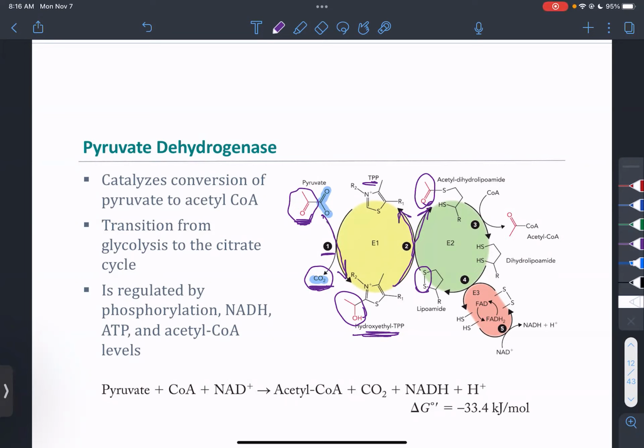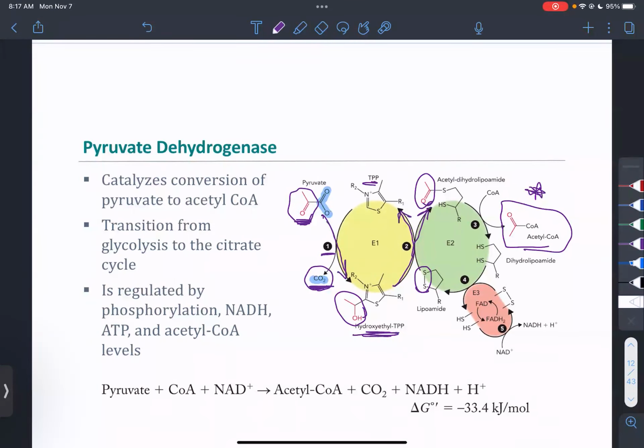So the E2 acetyl dihydrolipoamide group is going to carry that acetyl group from the E1 catalytic site, and it's going to swing around to a gap. There's kind of a big gap in the complex, and you don't really have to know about the structure, to the E2 catalytic site. So this is the point where we're going from E1 to the E2 catalytic site, and it's going to react with the coenzyme A, and we're going to generate acetyl-CoA. So that's great. This is the substrate that we need for the